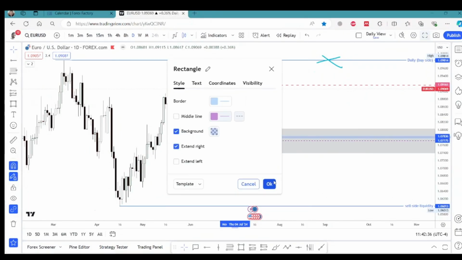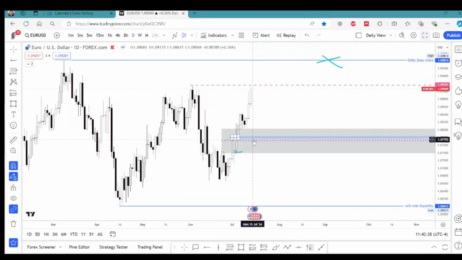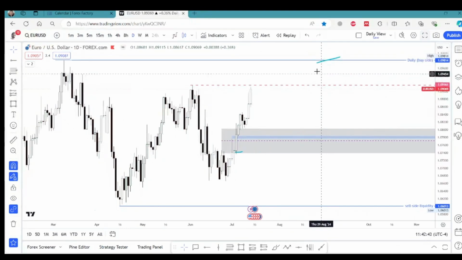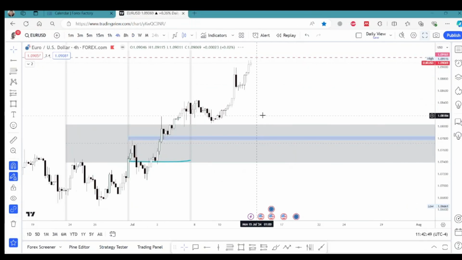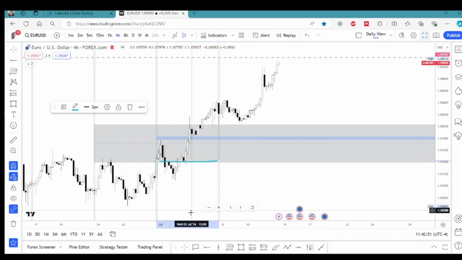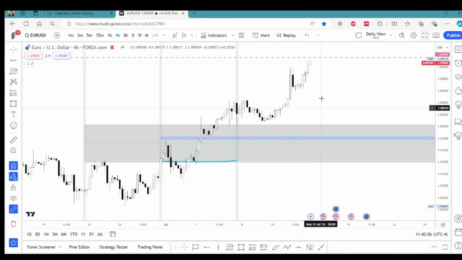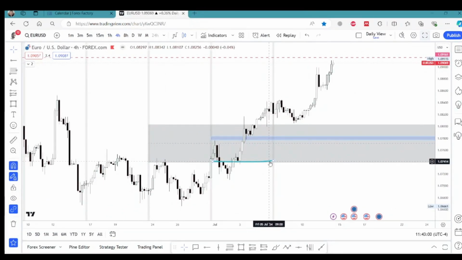So I think this is where the price has to come, to be exact. And once this area has been revisited, I would like to see price go up from there. So on the 4 hour time frame, once again, I'll be looking for a short, but I will just not short the market